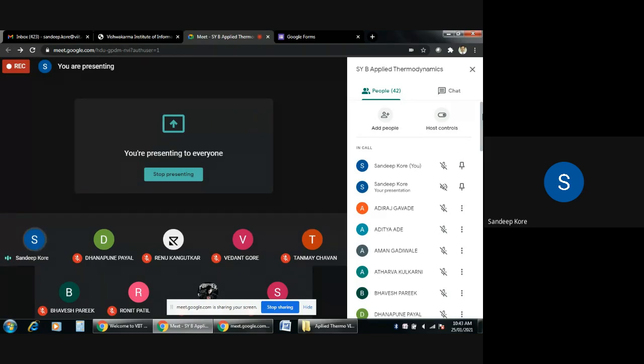Now, we have studied the basic air standard cycles. In the next level, which is not in scope, I'm just going to tell you, we are adding fuel to the air. So it becomes an air plus fuel cycle. Right now we are considering only air as the working medium, but in the next level, we are going for the air plus fuel cycle, and we are going to study what happens with this air plus fuel.